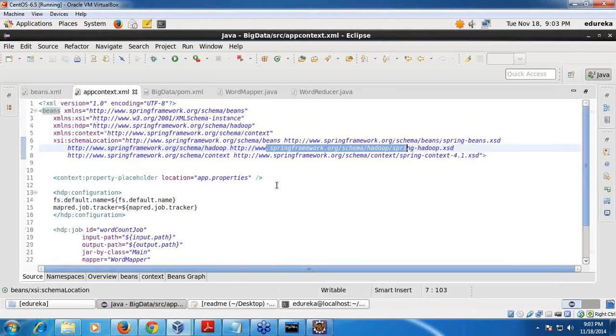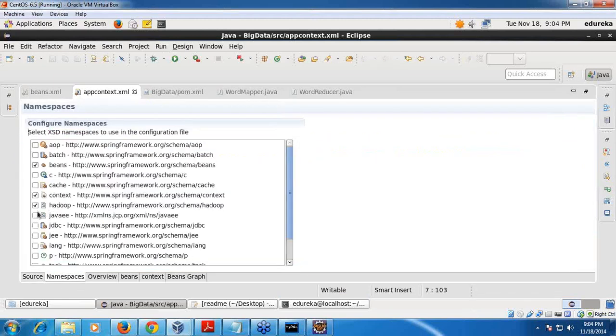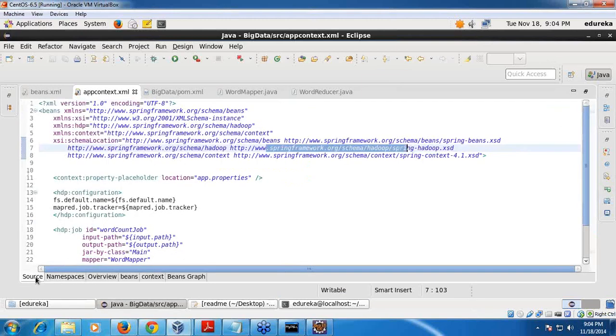If you have included your Hadoop jar file, it's easy to use that namespace and then Hadoop ticked here and here and then create the context. Otherwise, if you're finding it difficult to manage, just copy these two lines as they are into the context.